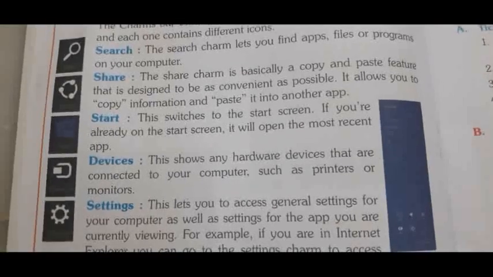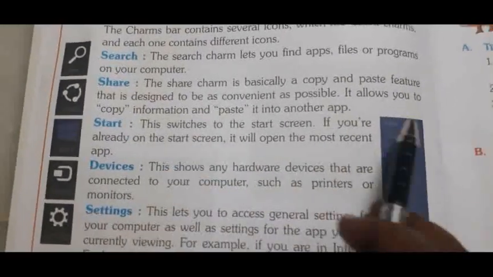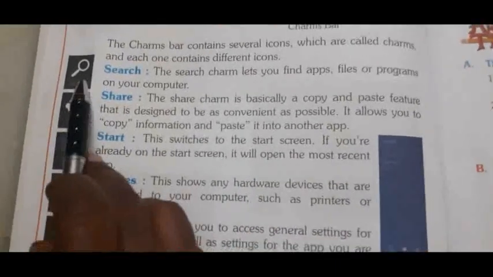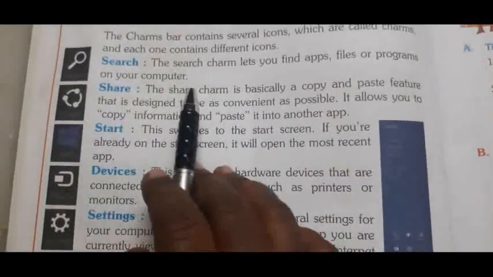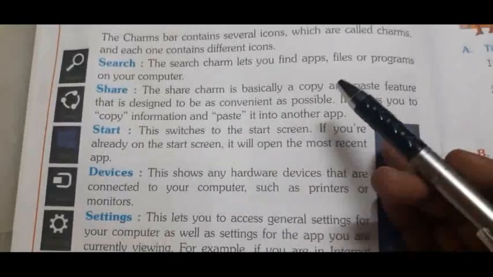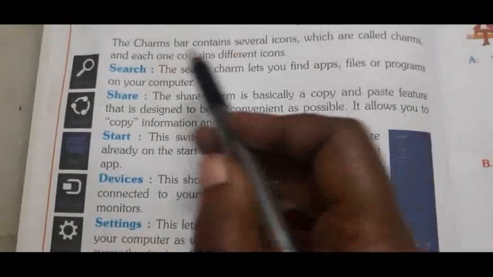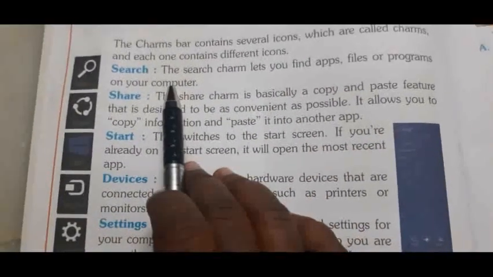Like that, here also we can search any program or file you want. If you click on this search button, one search box will come. There you type the app, file or program name, and click search, and that program will automatically appear on the screen. This is about the search charm.